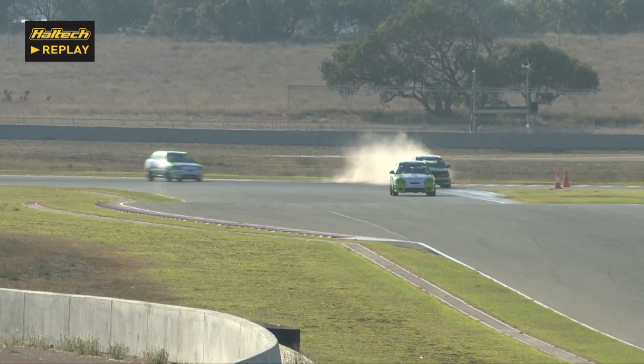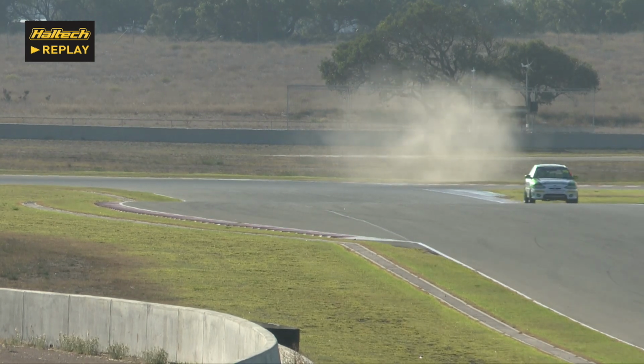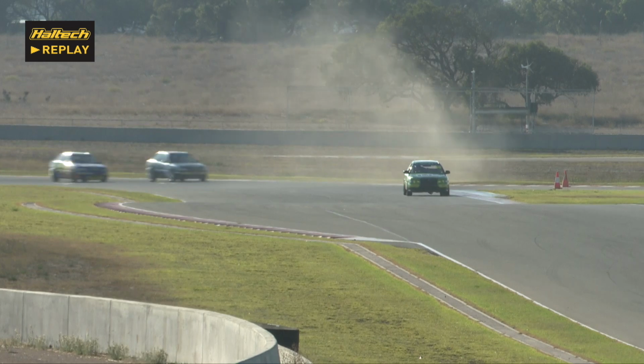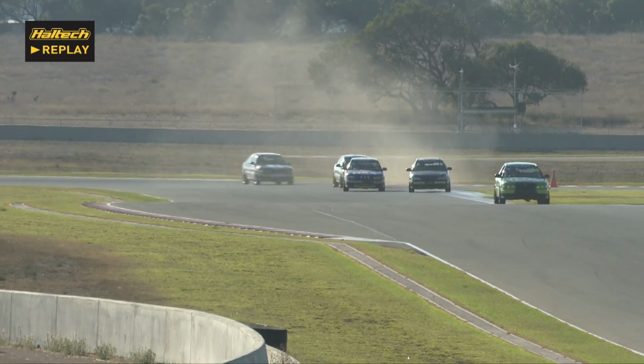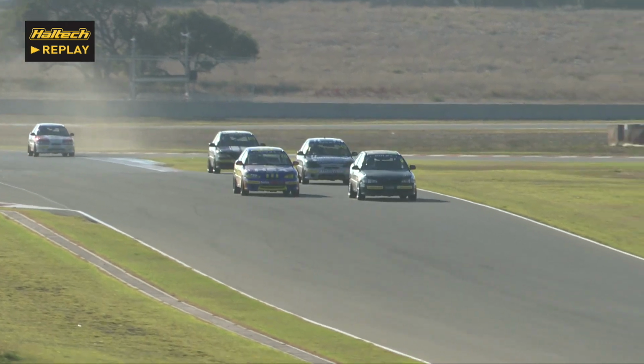Let's have a look. Gallia, is that making a mistake? Yes, it is. Just running a little bit wide at Crofty Corner, kicking up the dust there, and lucky to get away with that one. Here we go. Oh. It's Nathan Green there was the issue. Yeah. Got himself right over the top of the curb there, so...